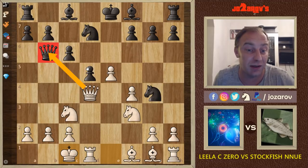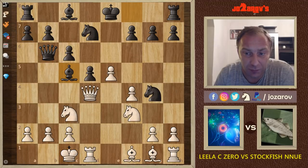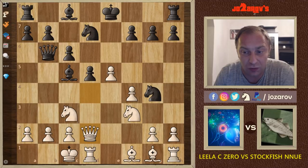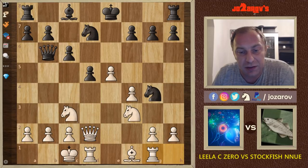As I said, to take is a mistake. Here after the move queenside castling, there are now several choices. In the game, bishop to c5 was played by Stockfish NNUE, and we have now queen to d2. Bishop takes g1, we have rook takes g1, and there is maybe a tactical threat, but I don't think yet